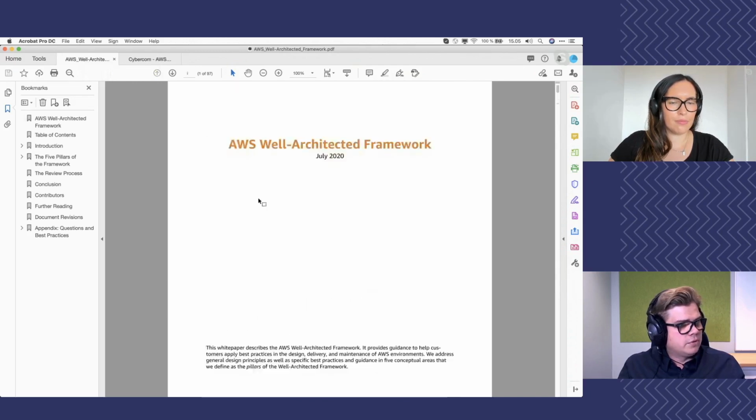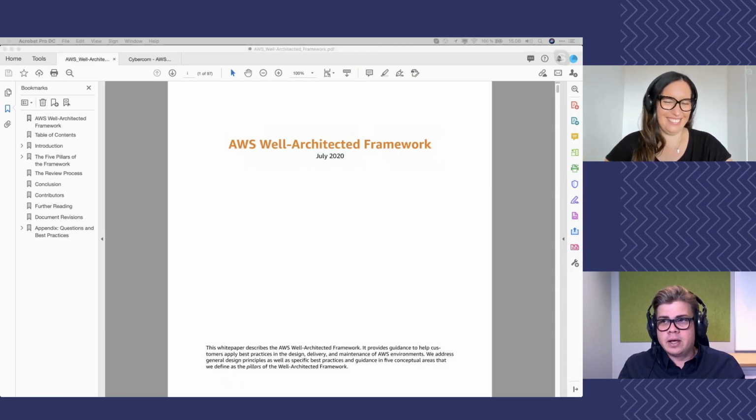If you are not familiar with the framework and you only want to read one, there is this one compound white paper called the AWS Well-Architected Framework, which includes information on all of the contents. The links are in the description box. Yes, and so the white papers include